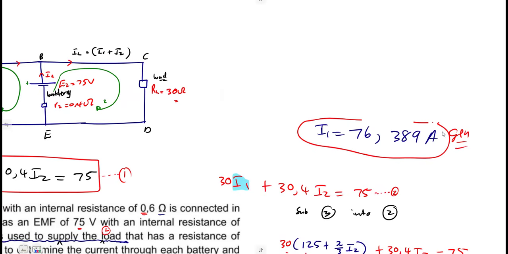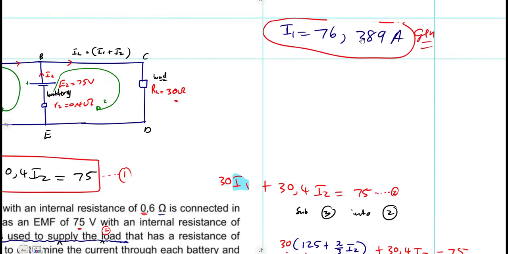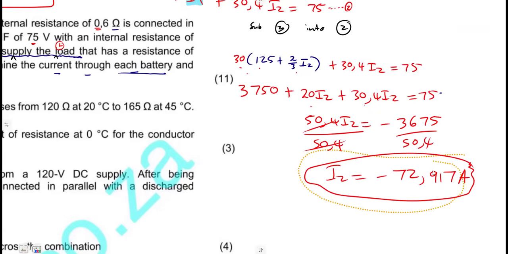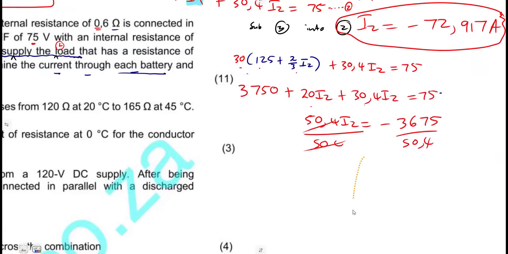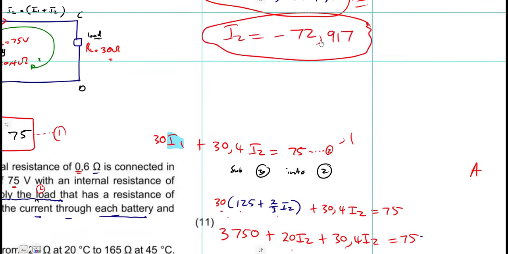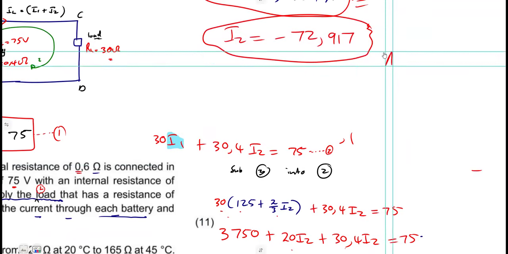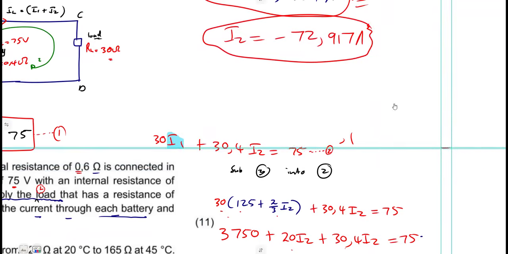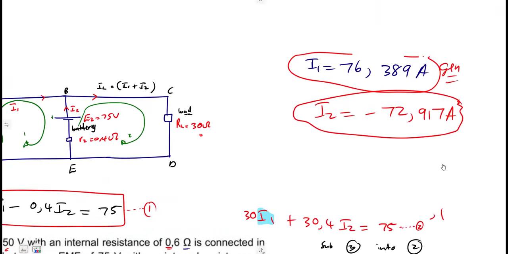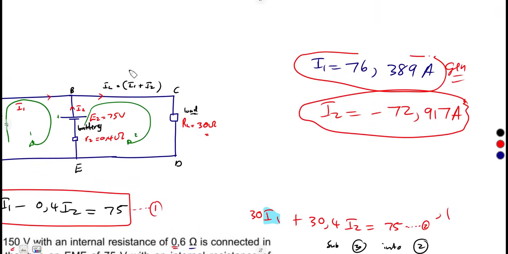All right, we have calculated our I1 and we also calculated I2. Remember, this was our I2. Let's hope you're going to be able to see it properly. So we have I1 and I2. From this, we are going to have IL, the one that is going to the load, so that we can have the voltage drop across the